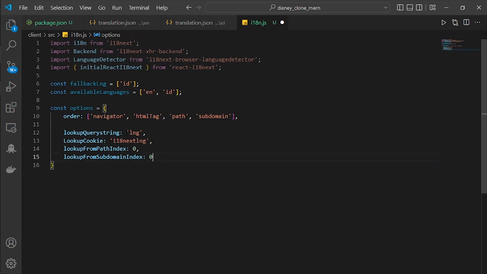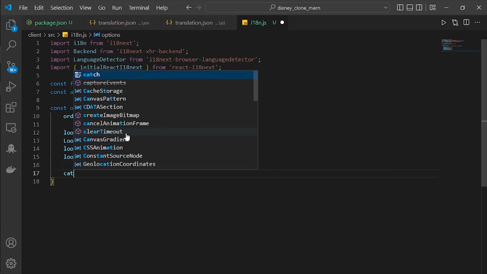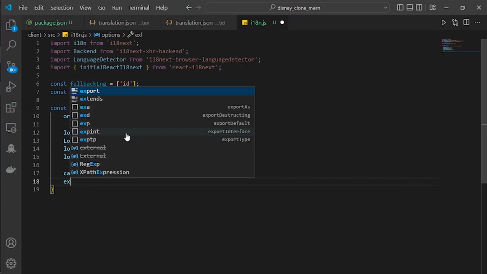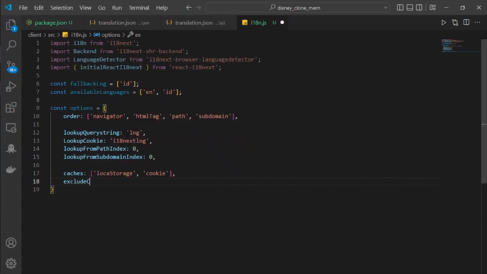Now I will give it comma too, and then for the caches is equal to the local storage. So we're going to store the caches inside of the local storage, and then here we are going to have cookie,